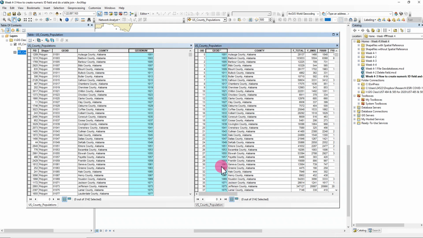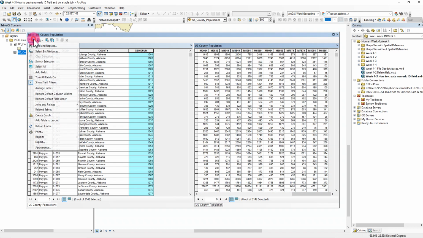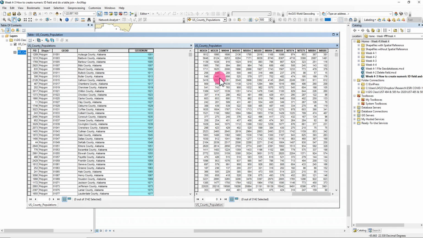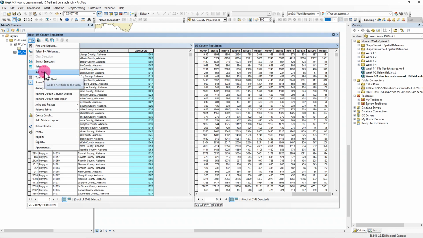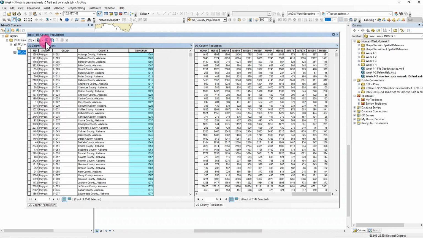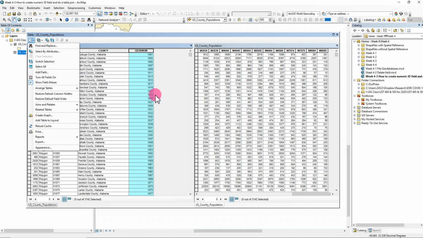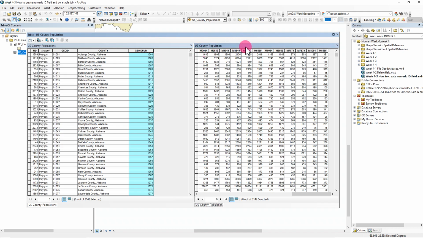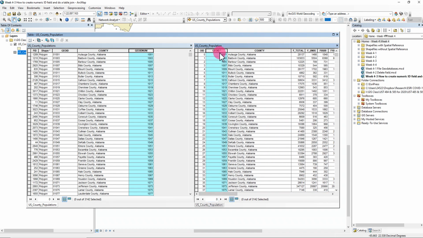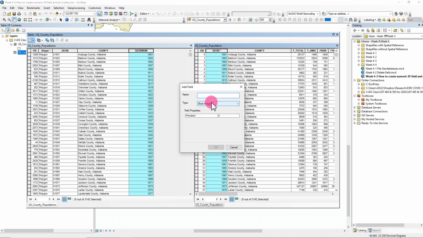So I'm going to activate this, and I'm going to also click. When you see two tables, you need to activate one, then click this, then add table. If you activate here and then add table, then you will add the table on here. If you want to add a field here, you need to activate this table. So I want to activate this table because I want to add a new text ID. So I activate this, click add a field, and I will say